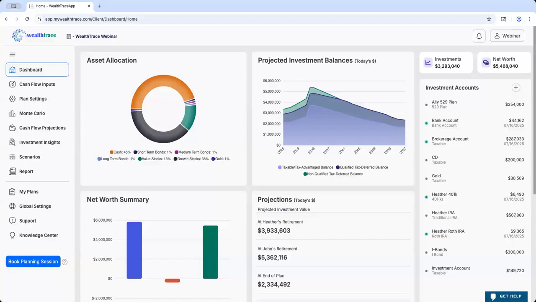For those that are here now, my name is Camille Blomdahl and I'm the Director of Client Services at WealthTrace. Today we will be taking you through the software and showing you the new and improved WealthTrace user interface. We will be mentioning some of the differences. So if you're new here, you may not know what we're referring to, but for those that are here from the old user interface, we're going to be talking a little bit about changes and what's new, but it shouldn't be too confusing, hopefully. And I am joined by Doug Carey, who is the founder of WealthTrace and a chartered